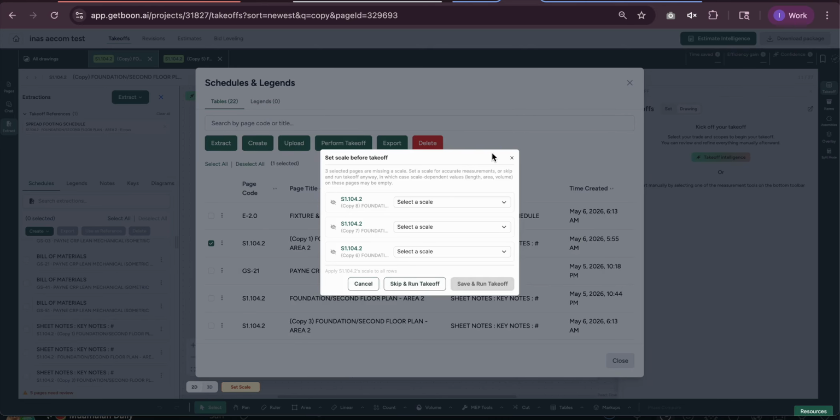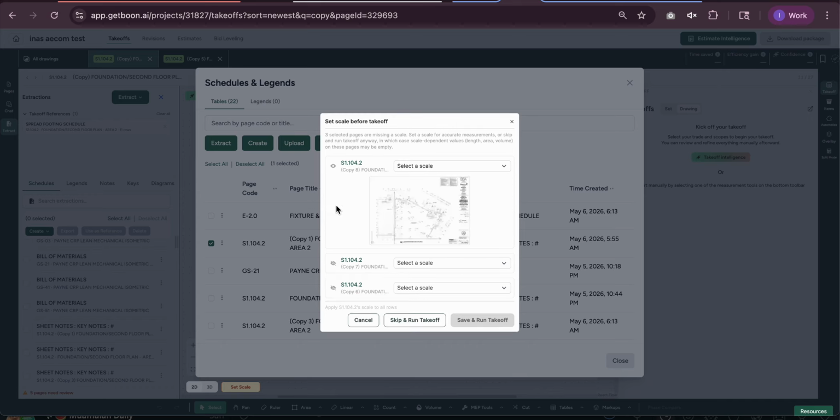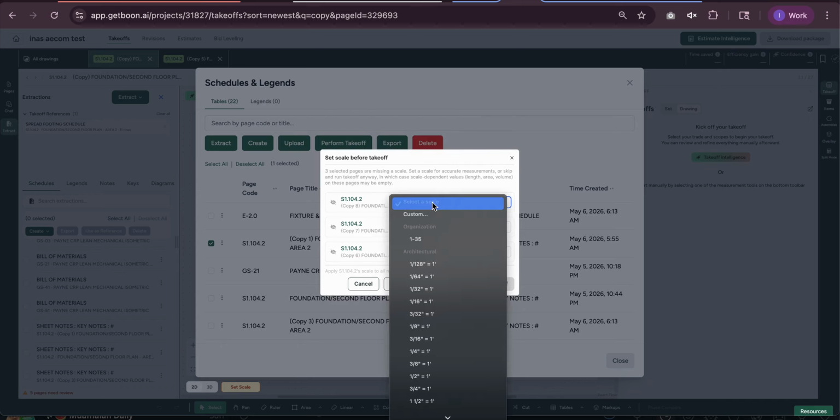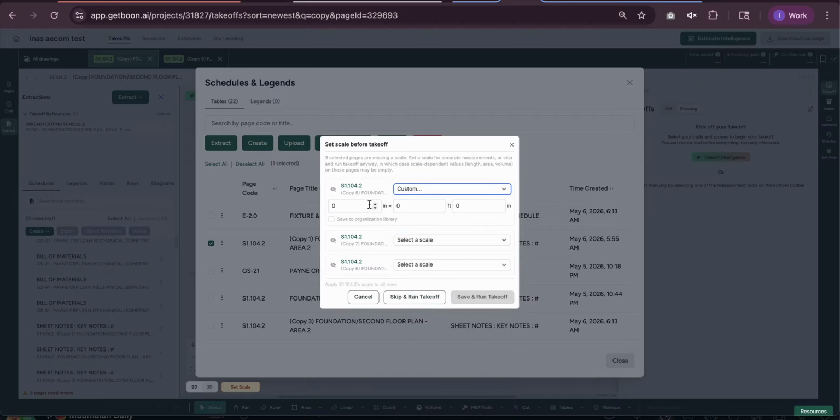The whole pop-up is the same. You can see the preview. You can input a custom value, and you can still skip or just save some of them. Okay.